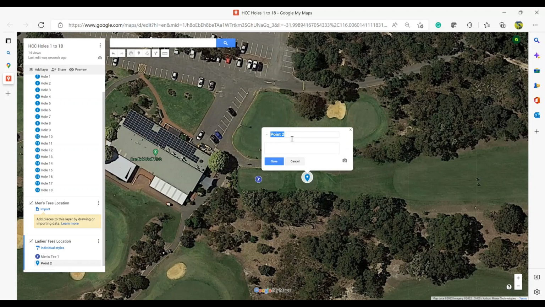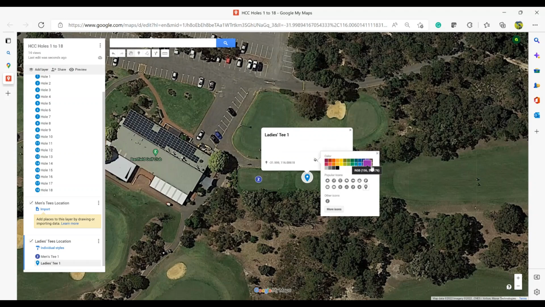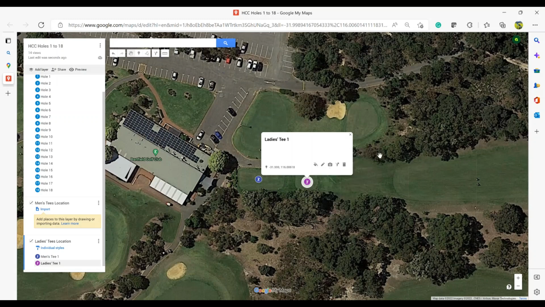So let's say ladies tee 1, save. Then I would like this to be the pink, or just a fuchsia like color, and another person icon, and there it is. That's for the ladies tee icon,